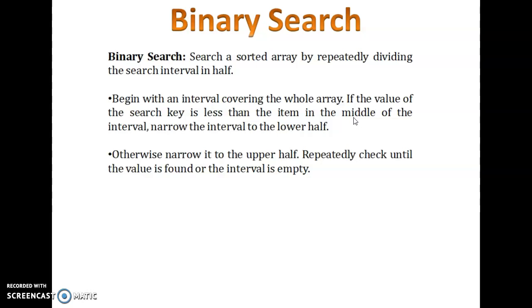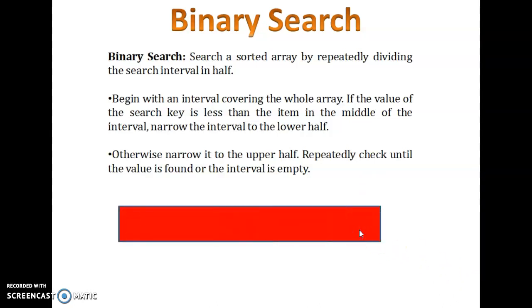When the key element is lesser than the middle element, you are going to search on the left part of it. So in this binary search, rather than searching the entire list, depending upon the conditions that we take, either we will be checking on the right half or the left half. So the entire list will never be searched. A small example could be shown to you.